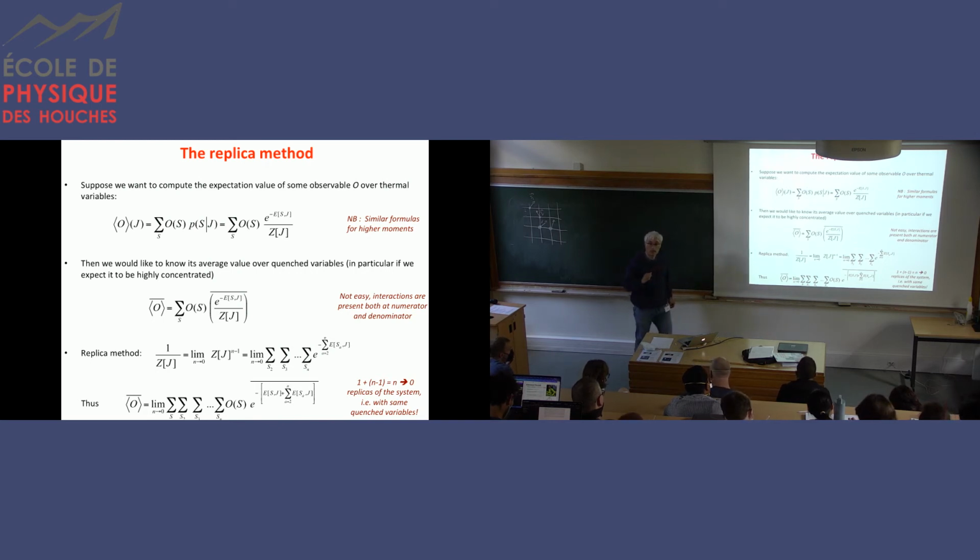Yes? So just a quick question. How do you compare this against just taking your z of J and putting a minus log z of J in the exponent, and then Taylor expanding the logarithm to get some kind of powers? So you can. Here I'm introducing the number of replicas through the average value of some observable, but you can say, I want to compute the average value of a log of z, and you would get similar things, right? So they're valid in the same kind of situations?